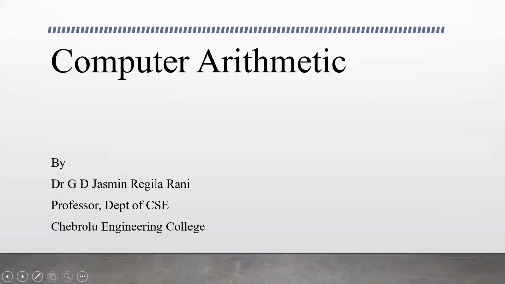And now here we are starting a new chapter, computer arithmetic. What we are going to learn in this chapter is performing all the arithmetic operations like addition, subtraction, multiplication, and division on the different forms of data. Data may be in a binary form or decimal form, and it may also be in a fixed point representation or a floating point representation. The signed numbers may be in signed magnitude or signed complement representation.